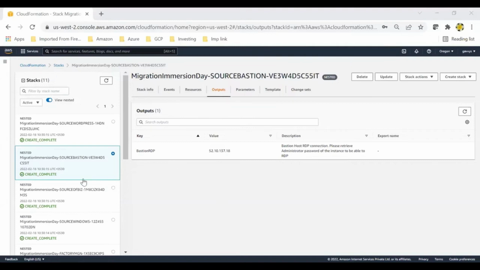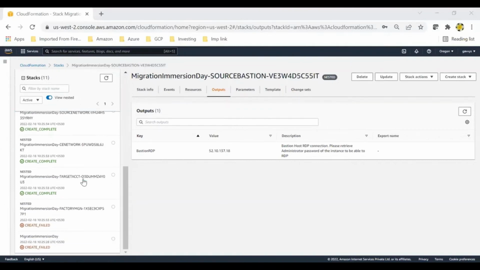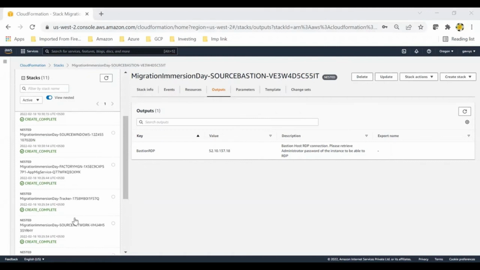Okay guys, so our stack has been deployed with some minor errors, so that's okay. It will not create any problem in testing our migration concept. There could be some errors in this stack. It is showing as failed, but that's okay. I tried to resolve this error, but due to the availability of resources, I'm getting this error. But that's not any showstopper for testing our